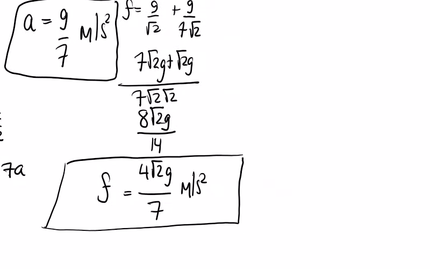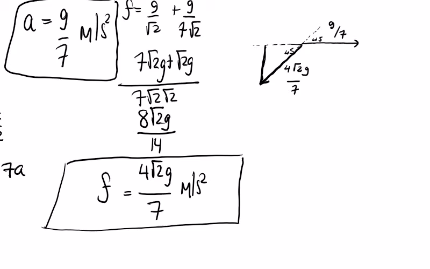Okay, let's write down what we see here. We have A, G over 7, and we have F, 4 root 2G over 7, and we have a 45-degree angle in here. So that means that the vector going in this direction,